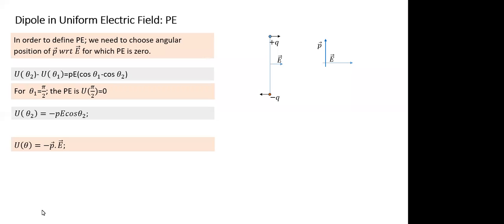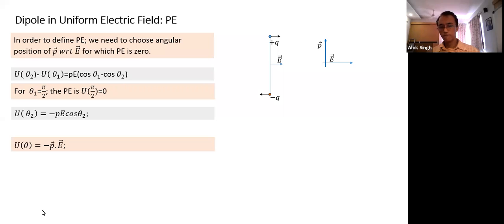Yes, sir. Do you understand this expression? What does this tell you? The left hand side is potential energy at a particular angular position. And what is this value equal to? It's a simple dot product. So can you tell me, Shweta, for what value of theta will the potential energy be maximum?